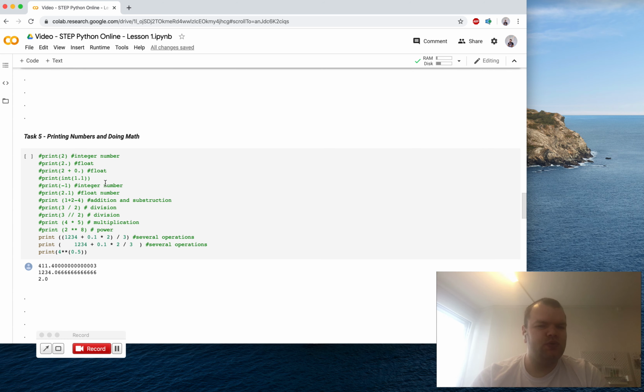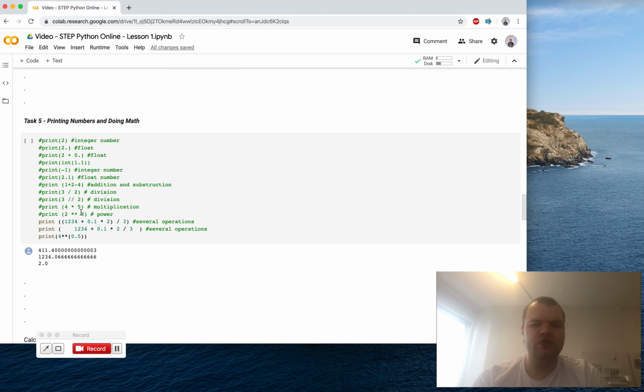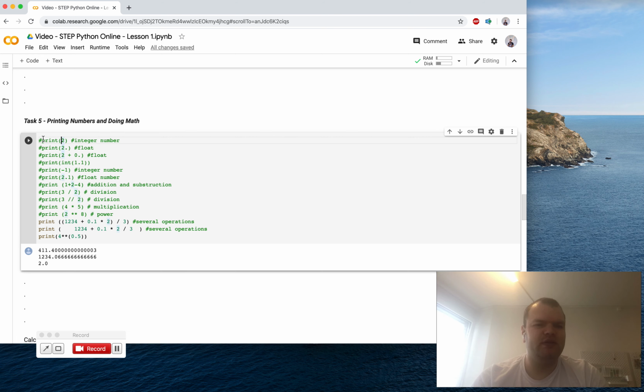We're going now to printing of numbers. There are two main numbers inside Python. One is integer. So integers is a number that you can count, like for example 1, 2, 3, 4, 5, and so on, or -1, -2, -3. So we can count, for example, number of planets in solar system, or we can count number of apples that you bought in the store, but it's hard to count, for example,